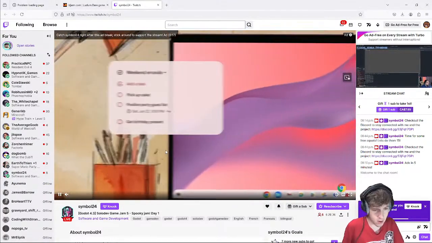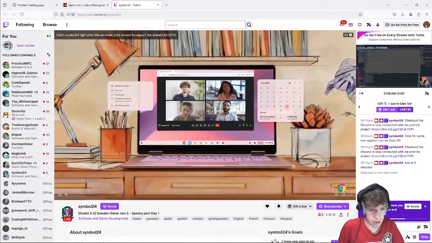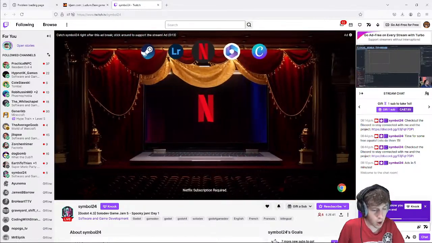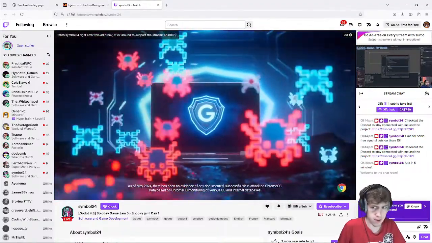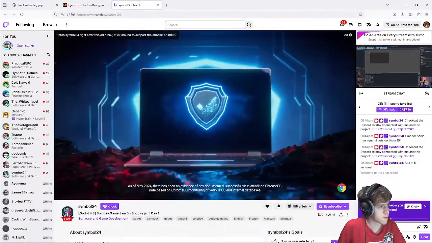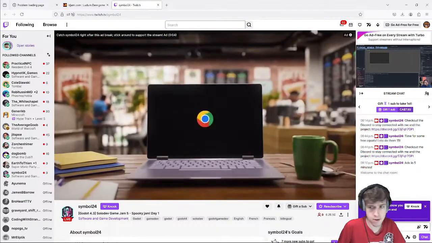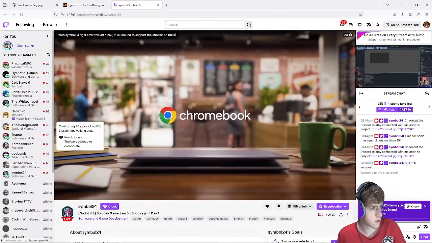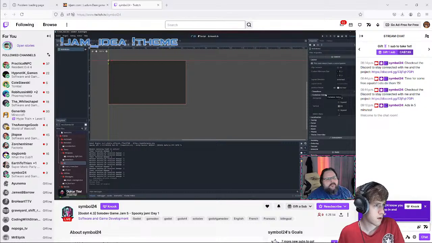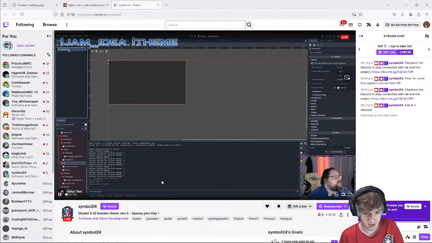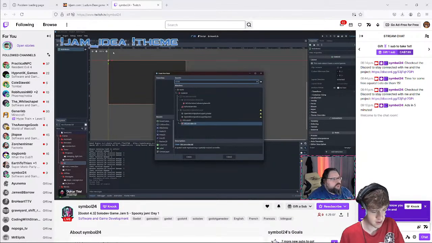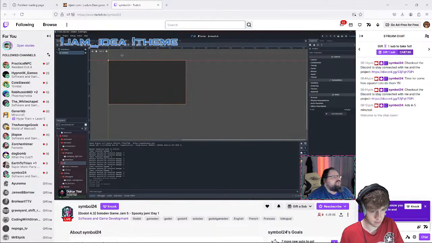Symbol is currently working on a game for the Spooky Jam. Oh, for the Solo Dev Game Jam 5. Okay, yeah. That's the one Practical's hosting. But yeah, we can raid in. Slash raid. That's what I'm doing too? Oh, nice. Is there a tag for it? Oh, not tagged for anything. Okay. I was going to see if there's anybody else streaming as well. Slash raid symbol 24.